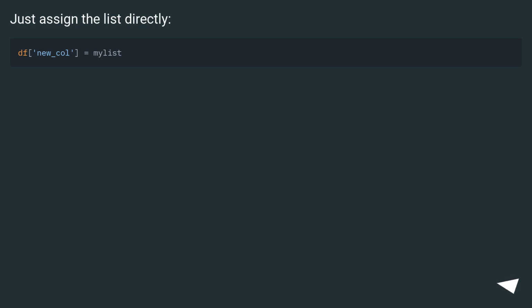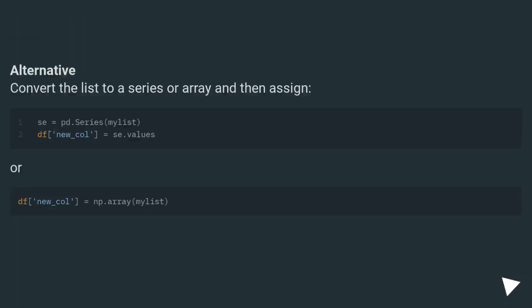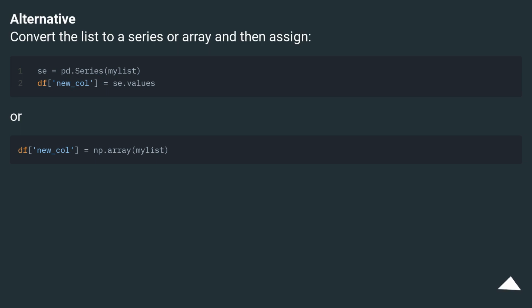Just assign the list directly. Alternative: convert the list to a series or array and then assign. Or